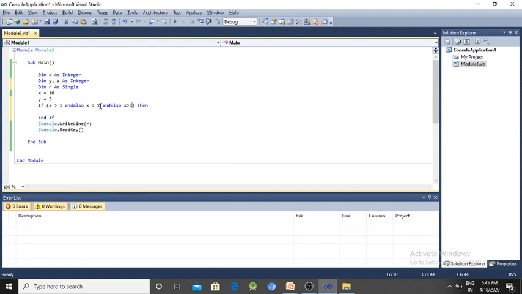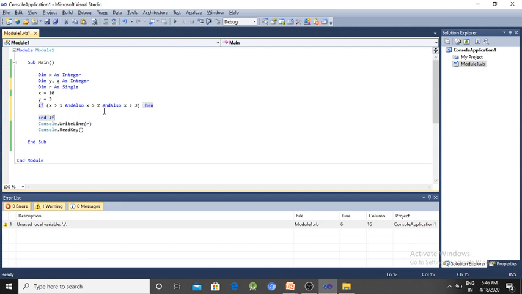In this expression there are three conditions with operators used. If the conditions are true, then whatever statements are written here will execute. If any condition is false, the statements will be skipped.